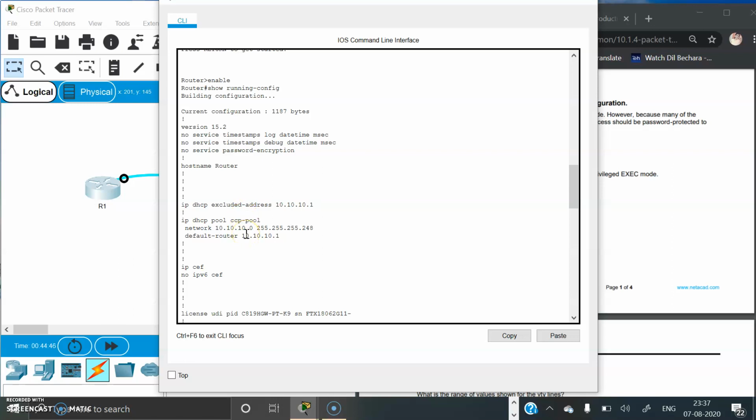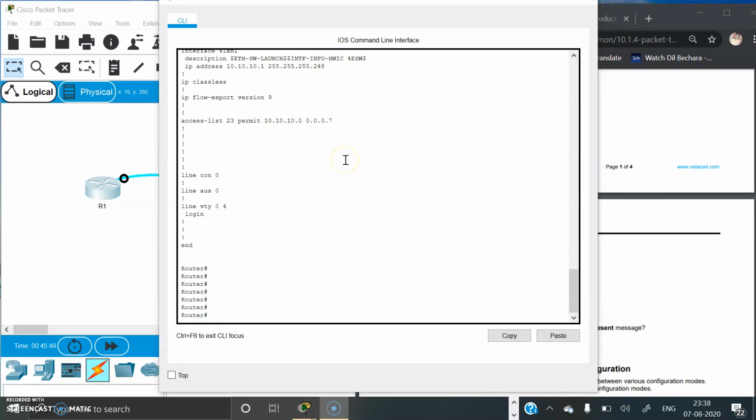So there is no information here, but the current configuration is 1187 bytes. Okay. Now we have to assign the host name and the passwords to the router. Let's do that.